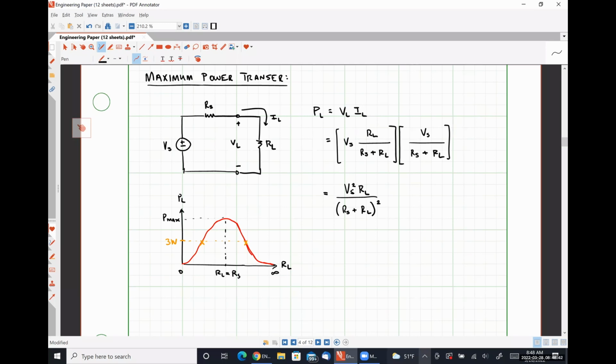That result, for those of you who want to suffer through the math, is obtained simply by taking the derivative of our PL relationship with respect to RL and setting it equal to 0, because that's how you find the maximum value of any function. Right? So in the instance where RL is exactly equal to RS,